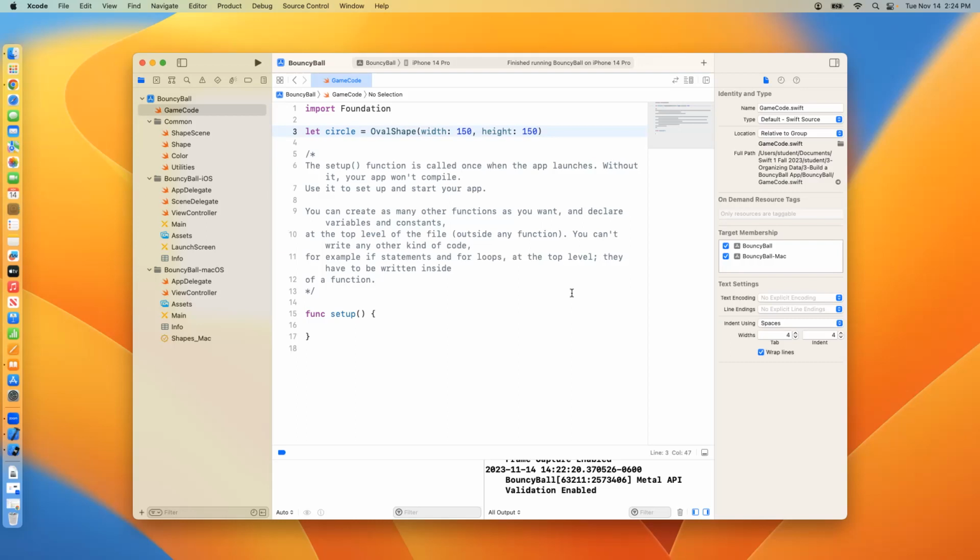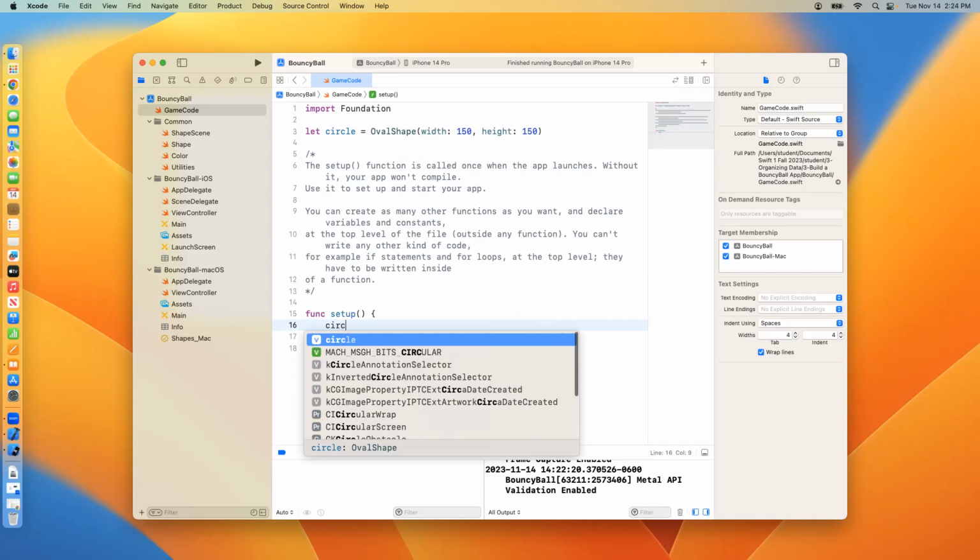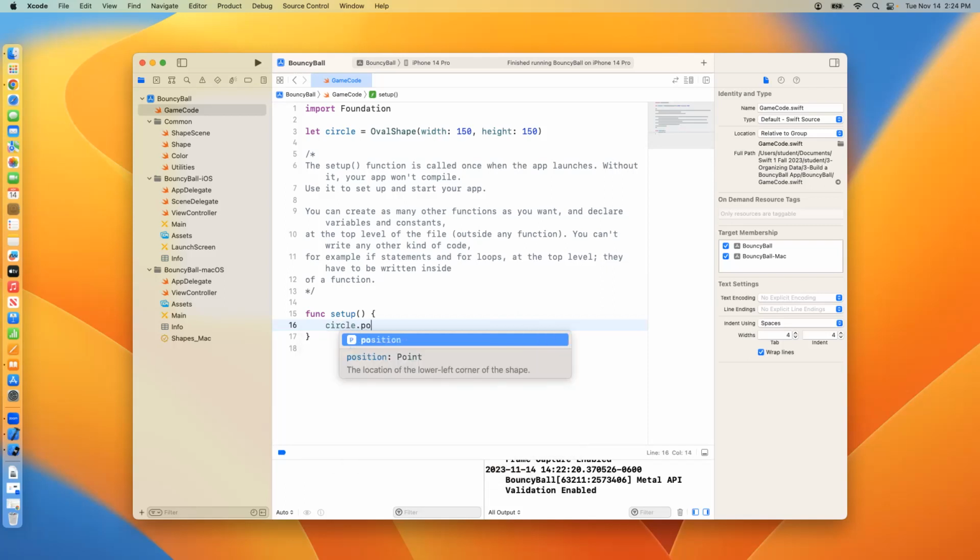Now, we gave it a height and a width. It's not going to be visible yet, because we haven't given it any reason to be visible. We haven't put it on the screen yet is really what's going on. So what we're going to do now, down in the function setup here, is give it a position. So I'm going to say circle.position,